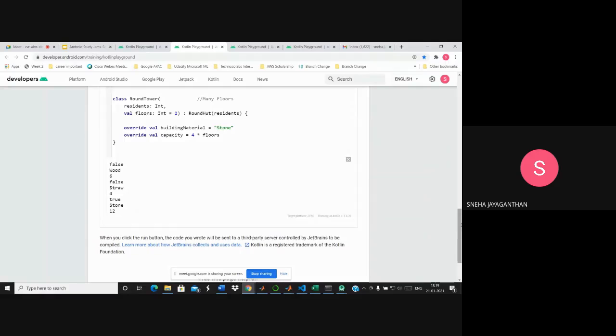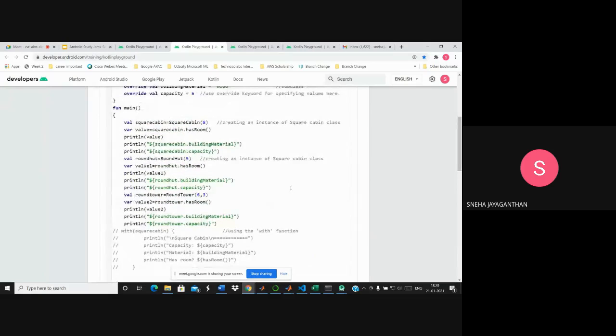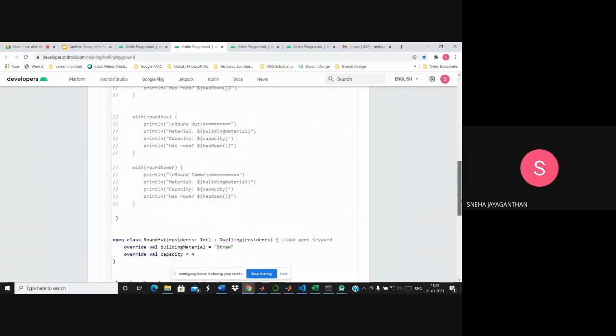And similarly for round tower, I create an instance and pass two arguments, one for residence and one for the number of floors. And I can access the has room function from the dwelling class and access its building material and capacity, and it will print its respective values here.